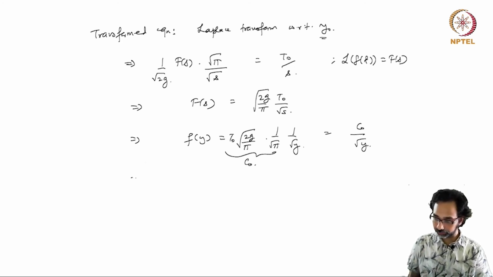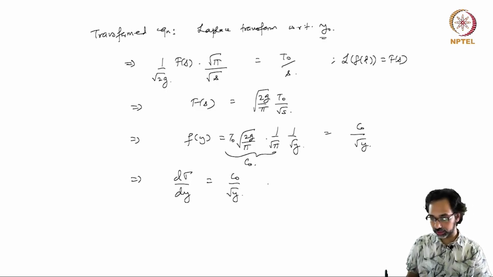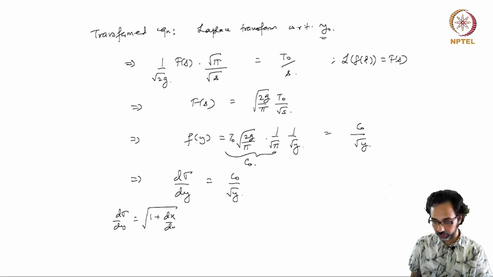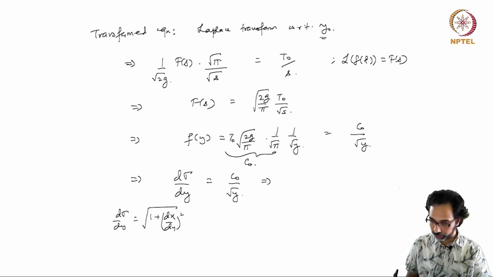And so we have found that the derivative of d sigma over dy is some constant over square root of y. One can show that this is the differential equation that the cycloid curve satisfies, but we can solve it explicitly. So remember that d sigma over dy is the square root of 1 plus (dx over dy) whole squared. So this implies that